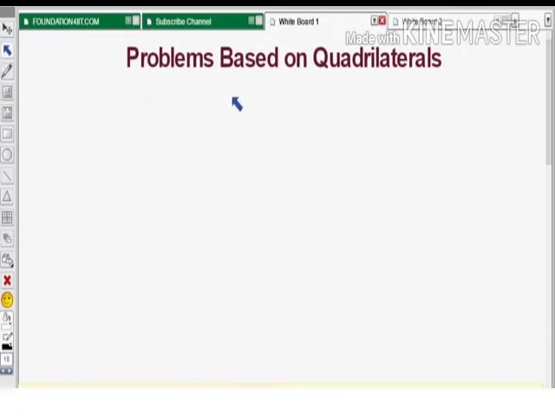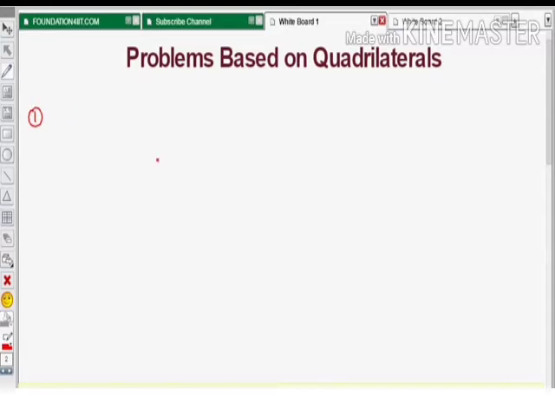Problems based on quadrilaterals. So let us see how the questions will come from this topic, from this class. Let me explain some problems, and you can find other related sums along with this. I'll explain one question. You'll see a few problems based on these